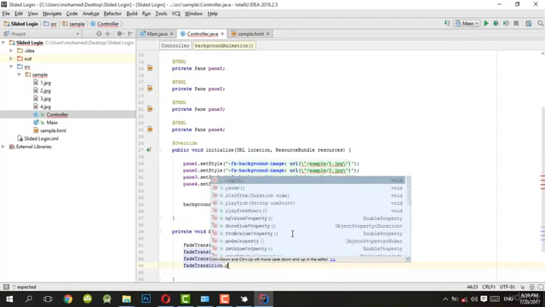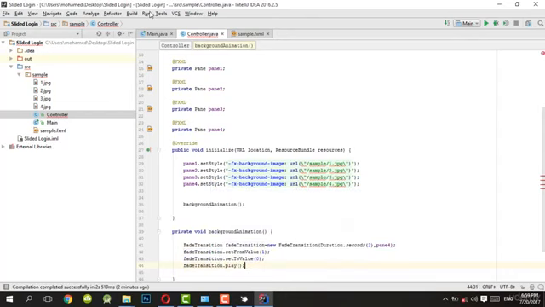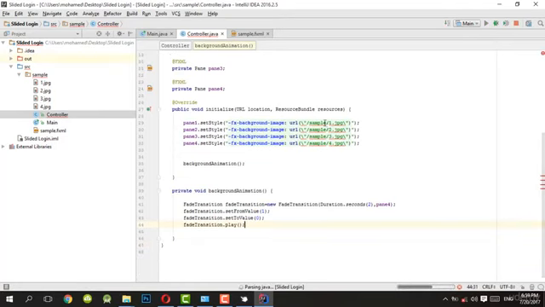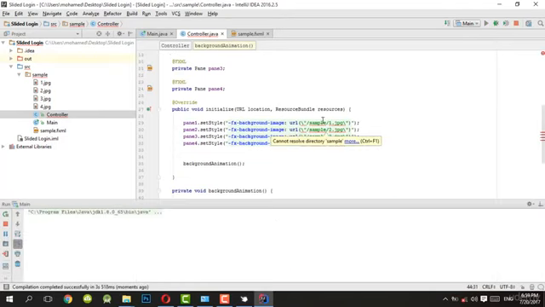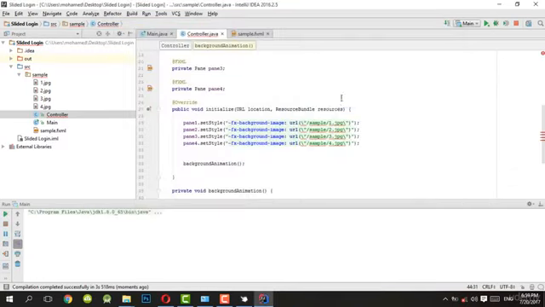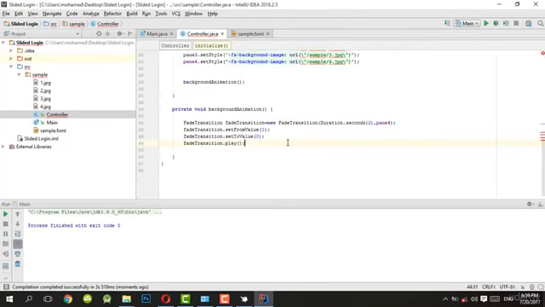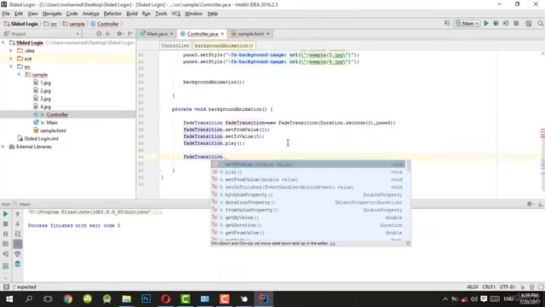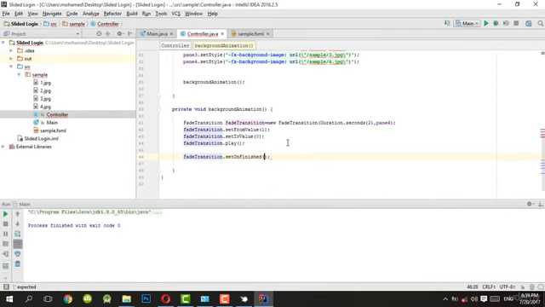Pane 4 will disappear after 2 seconds. Pane 4 disappeared after 2 seconds, and after the fade animation is finished,